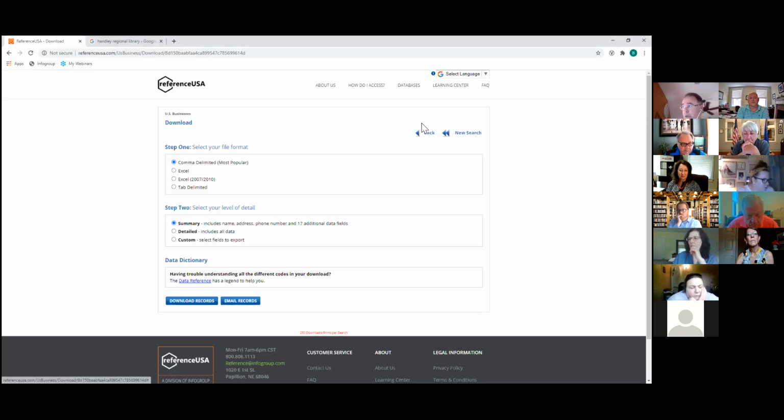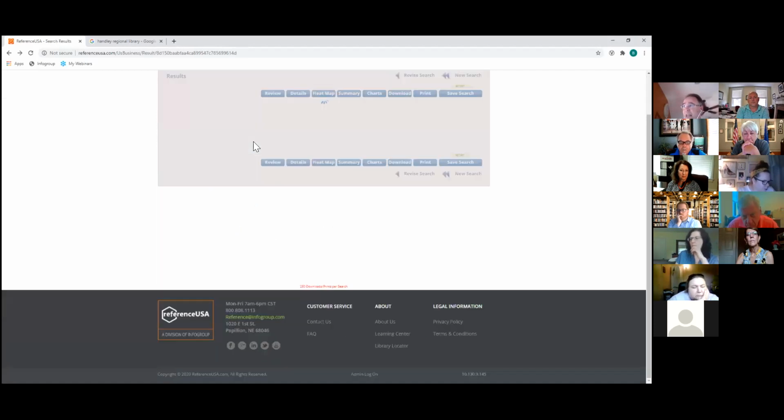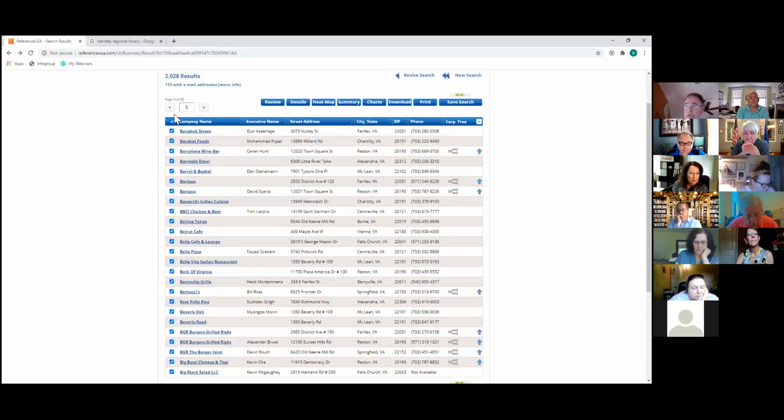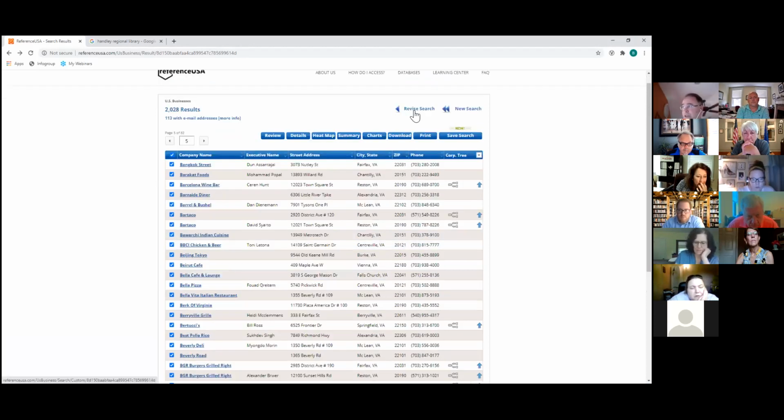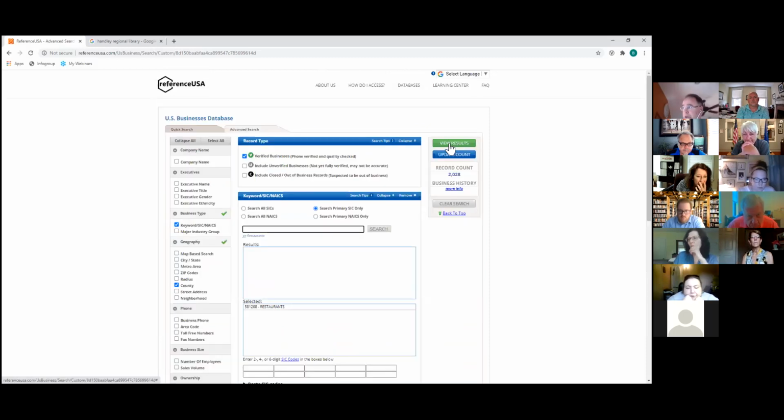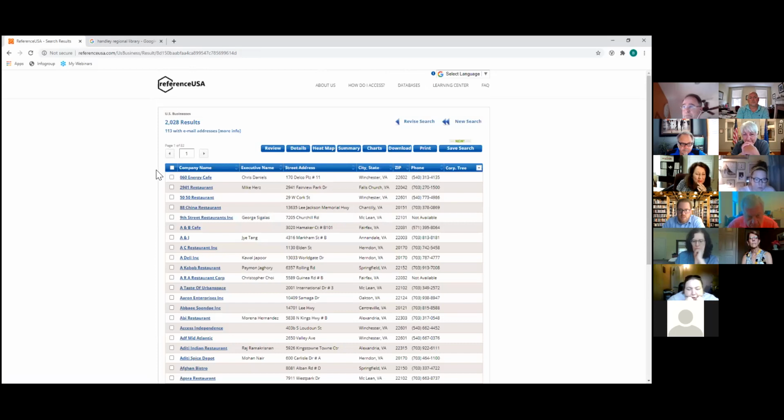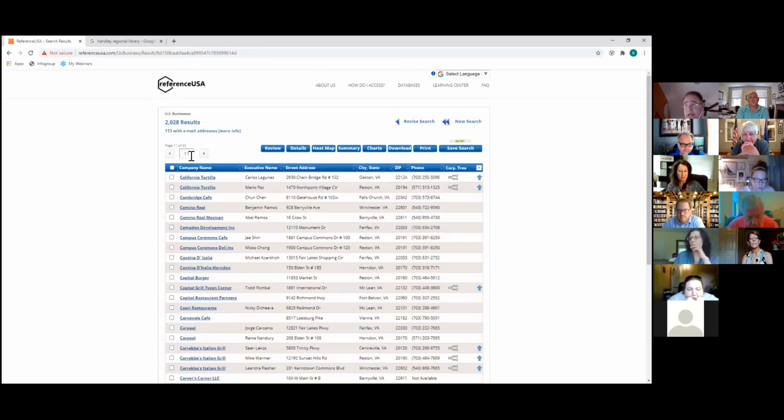You just select the word back. It leaves you on the page that you left off on. Then you just have to clear out these check marks. Easiest way to do that is revise search, because it doesn't forget how you built your search. And then you can view your results again. You're on page 1, all the check marks are gone. And then you just type in page 11 here and hit enter, and you're ready to go with your next